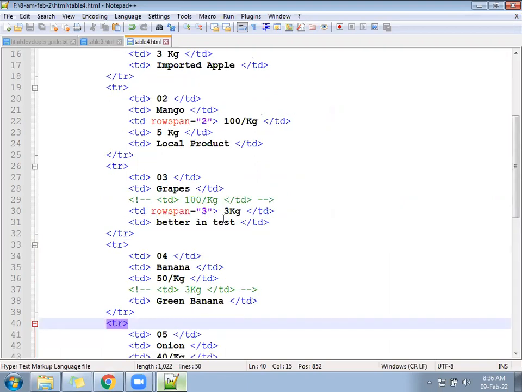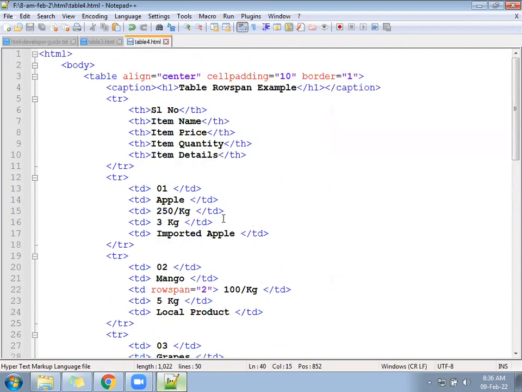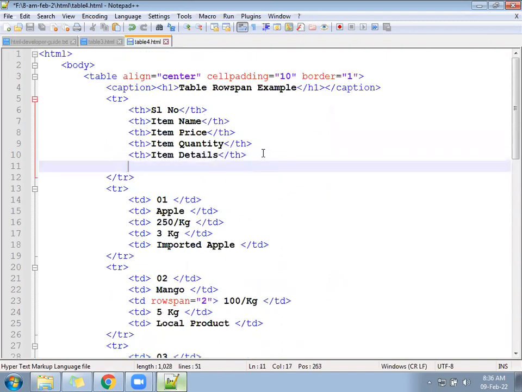Now, let me come to the first row. In the first row, we will add one more th, the heading part. The heading part, call it vendor, supplier, okay, vendor. Add one more th in the first row, that is called vendor. Okay, after that,